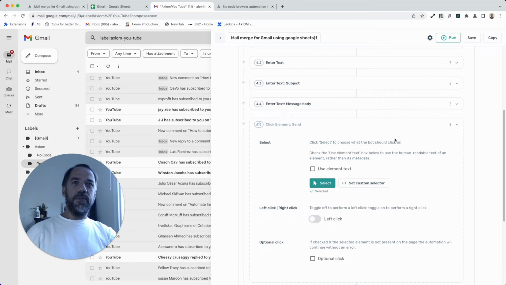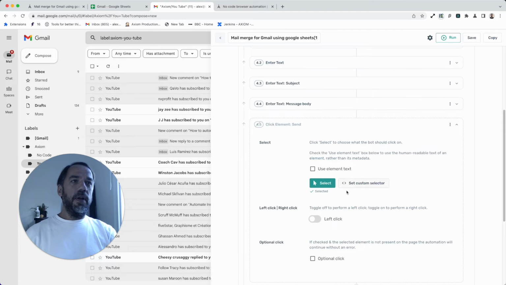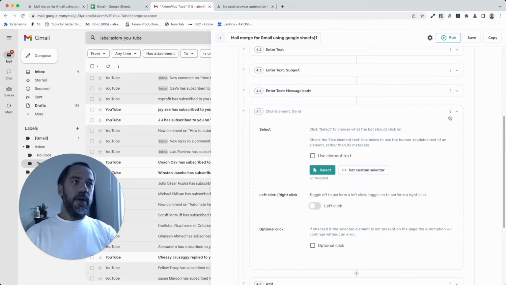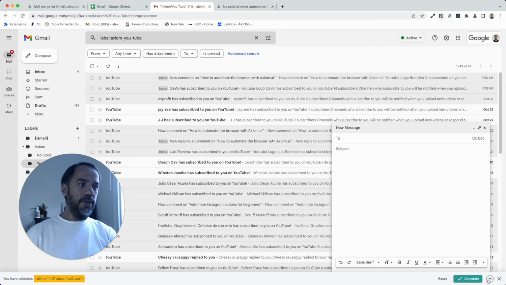Next, this disabled step. I've touched upon this when I was running the bot. It was disabled. The send step is disabled. So we've just disabled, for the purpose of this template, the send button here, so you can test it. And then when you're ready to use the bot, just re-enable it by doing this, clicking on the menu up in the top right hand corner of the step and press enable. And now that bot will click a button. If you have issues with that, just simply reselect it. Now you can do that